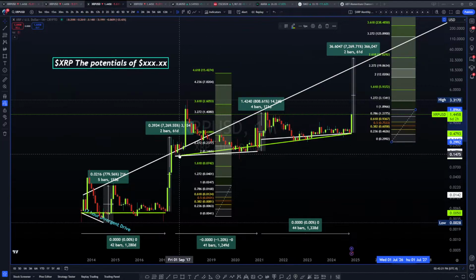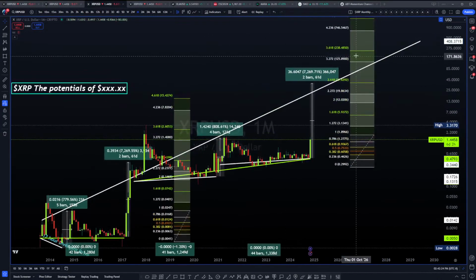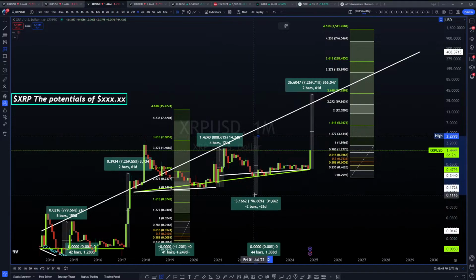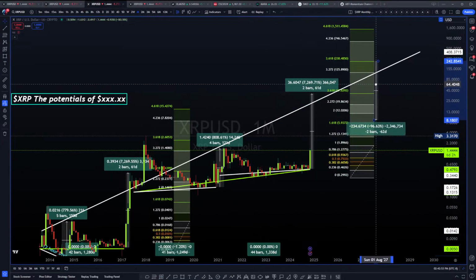We pull back, and then we jump to the 3.618, which then takes you to the 3.618 here. Pull back to the 2.272, and into the $238 target we go. So if that is the case, then cyclically speaking, this next drop would be a pretty significant one. So if we are following fractal analysis, then in essence, the next drop here would be a 96% decline from the $280 target, which would lead back to $8 for some time. So that's your $10 validation.